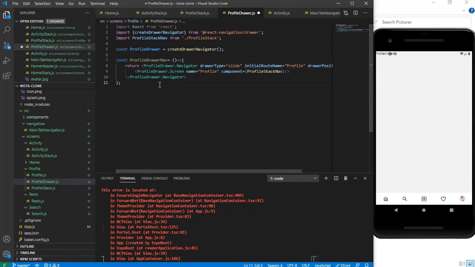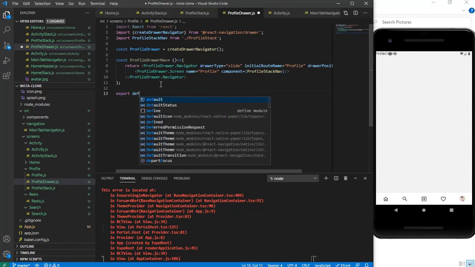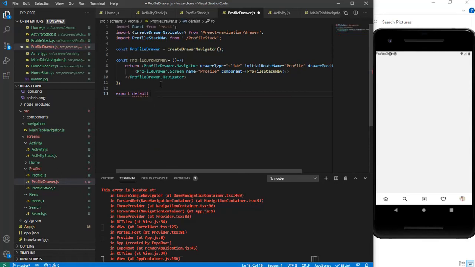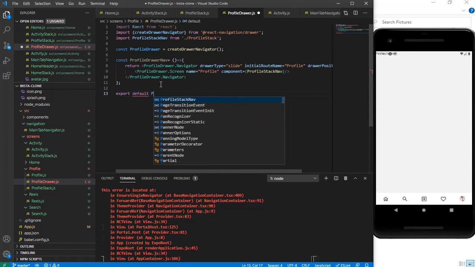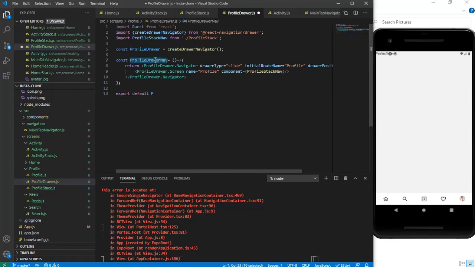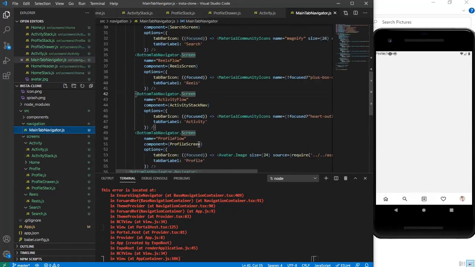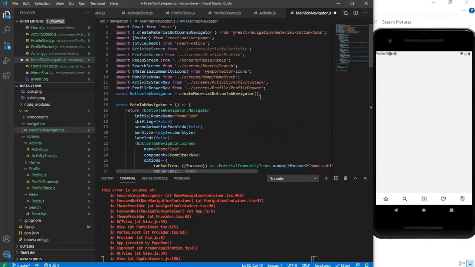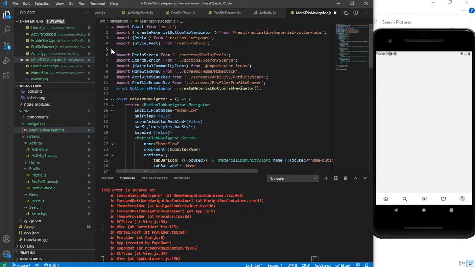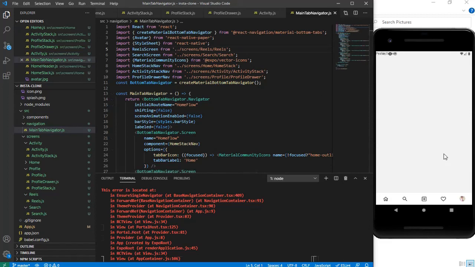Okay, and we come down, sorry, export default profile drawer. Now, okay, save it, and we'll update this in our main tab navigator. Go here and go to the profile flow and update it here, and replace the import, and remove the activity and profile screen. Save it, and now